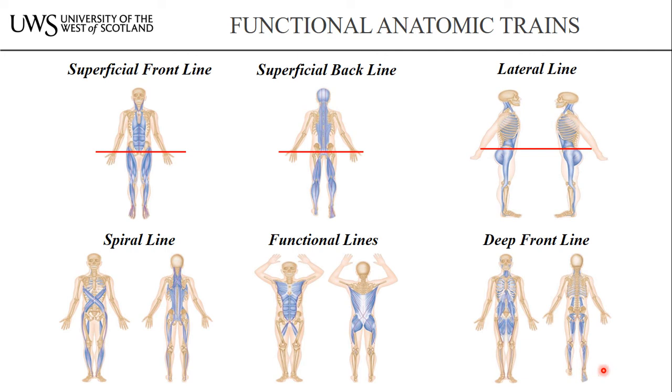that connects the entire posterior surface of the body from the bottom of the foot to the top of the head, and mostly in two pieces. So we can consider the superficial back chain as made up of two halves: the one from the toes to the knees and the one from the knees to the brow, so to the skull. The superficial back chain